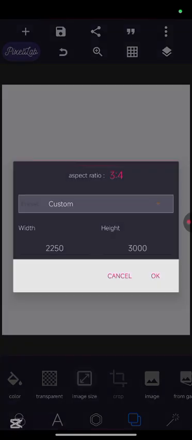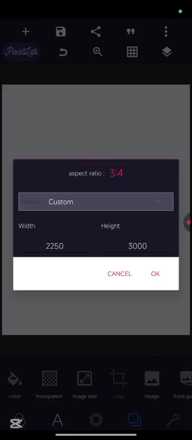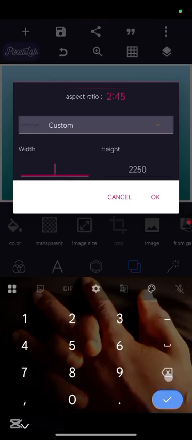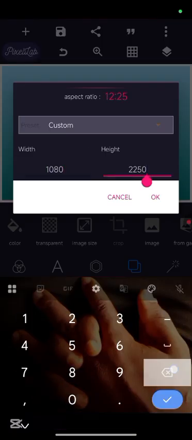Then yeah, we also have your image size. This is generally talking about the size of your canvas. If you notice, when we opened the interface, we showed you this where you see different canvas sizes. So if I click on this, I have a new canvas. So coming back to the background tool, you can also adjust your canvas size. If you want a definite size, whatever size you want, be it A4 paper size, or you want it to be a letter size, whatever you want, you can actually